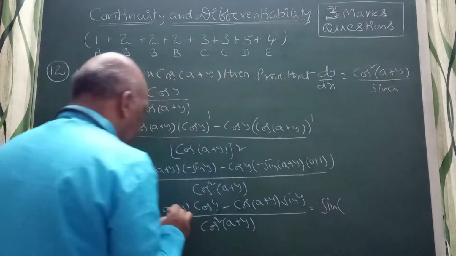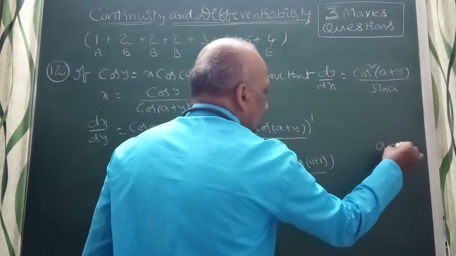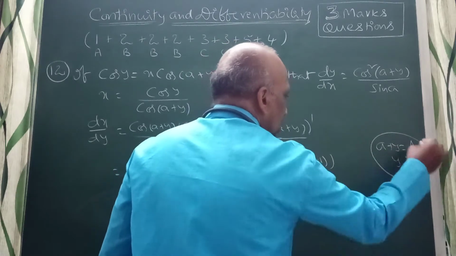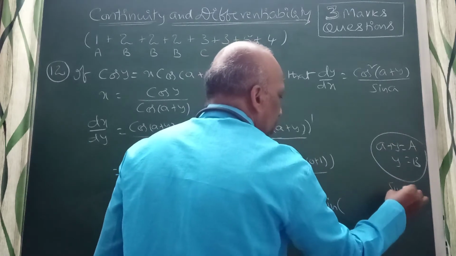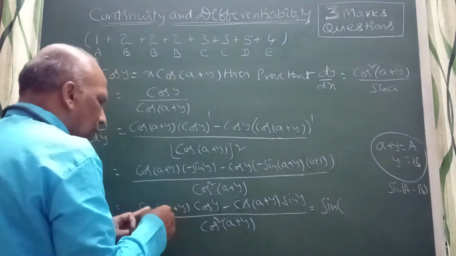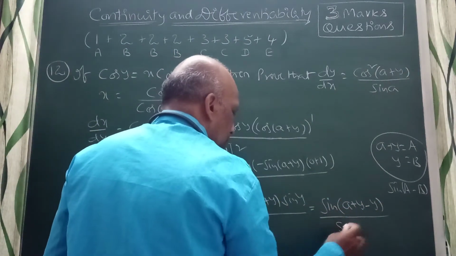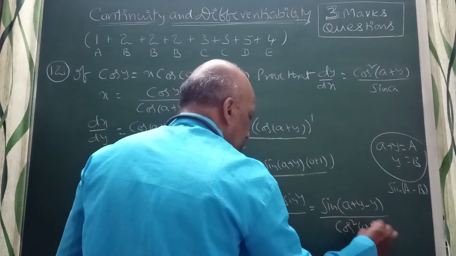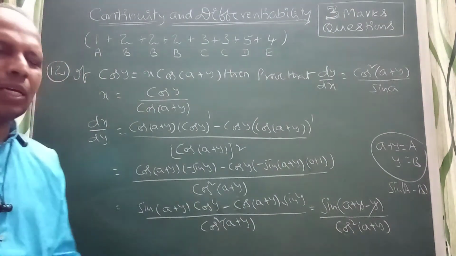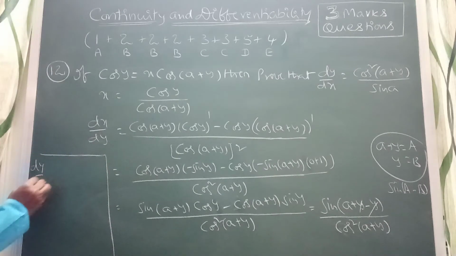This is sin of (a minus b). If we take a plus y as a and y as b, it will become sin of (a minus b). What is a? a plus y, minus b is y. So it is sin a by cos square of (a plus y). So this is cancelled, right? You will get the required answer, dx by dy equal to